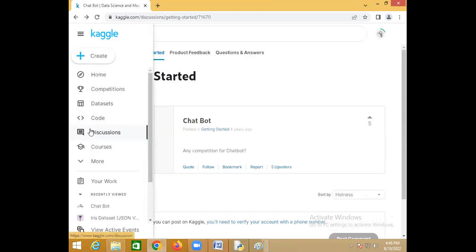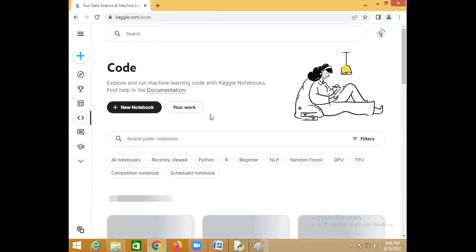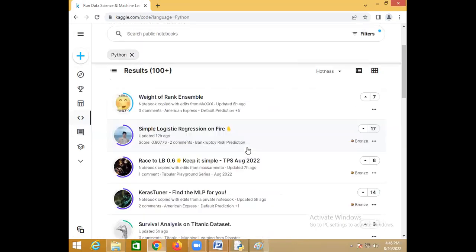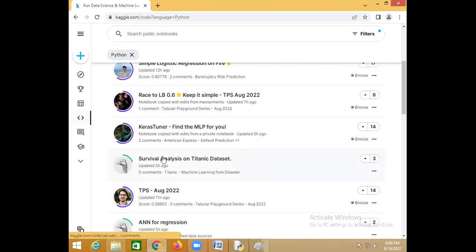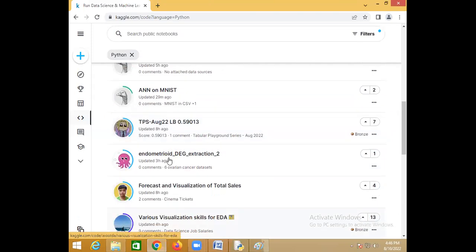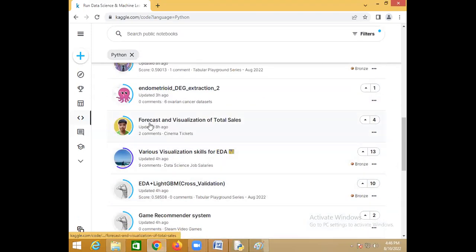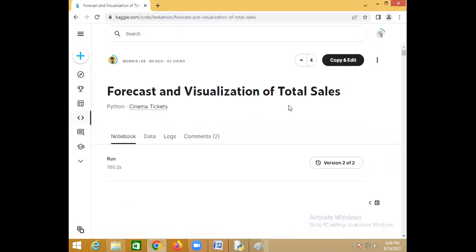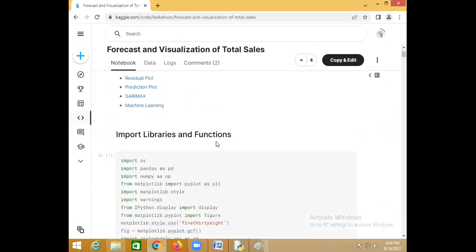So projects code related with Python projects. Just to see here, there are so many projects related with this. A number of projects are there. Forecast and visualization of total sales. Forecast and visualization of what? Total sales. Now, if you see this,